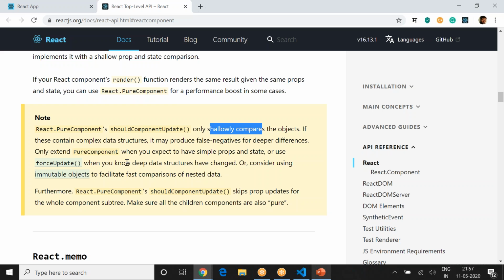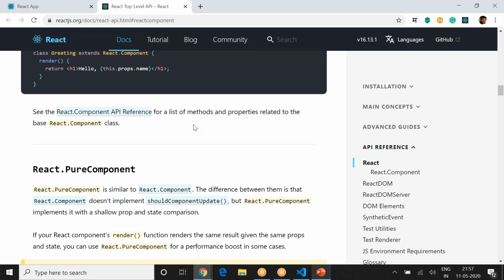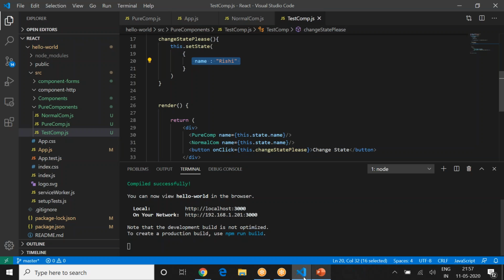Okay, if you want pure component to actually update, you can ask for force update, but then what's the purpose? Okay, you defeat the purpose. Getting my point? So don't do that. Okay, so this is important for our interview, so make sure that you know the difference between component and pure component. Okay, moving ahead,